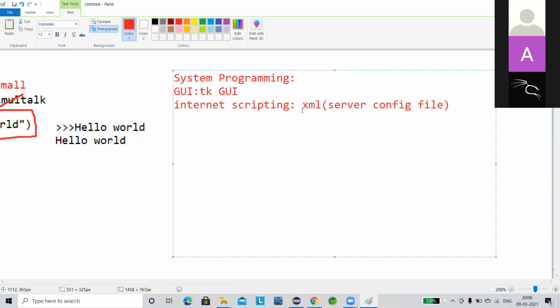So Python is used to create scripting on the server files or the XML files. So what is the XML file? Basically, the server does not know anything about the system or about the project. It only finds out anything from the XML files. Whatever has been written there, the server will take that instruction and provide the result by executing it. So same here, Python can be used for your internet scripting part.